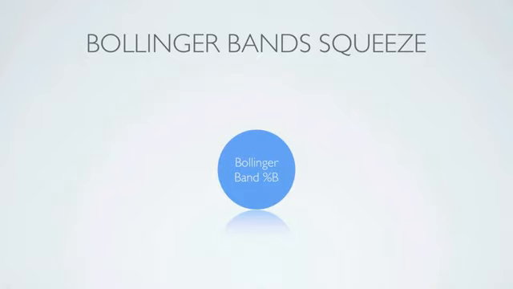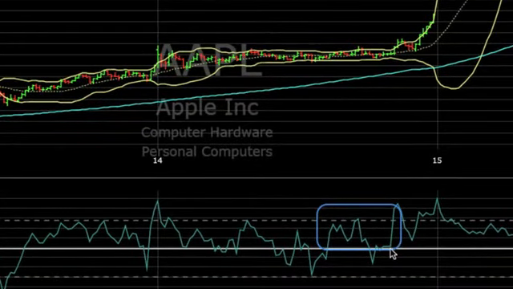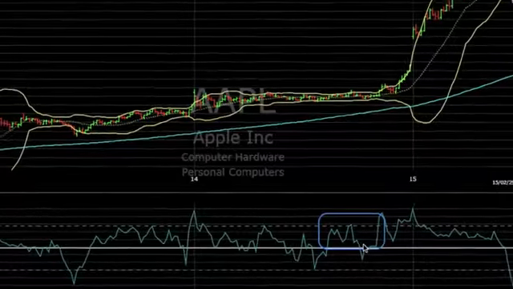The Bollinger Band %B is a bit different. It measures where the price is in relation to the bands. Here you can see that we have a reading above the midpoint, meaning that the price is staying closer to the upper band than the lower band. When this reading is below, it says that the price is closer to the lower band than the upper band. So it's telling us where price is in relation to the bands. So when price is above here, it's showing bullishness. Why? Because price is closer to the upper band. That's momentum to the upside.